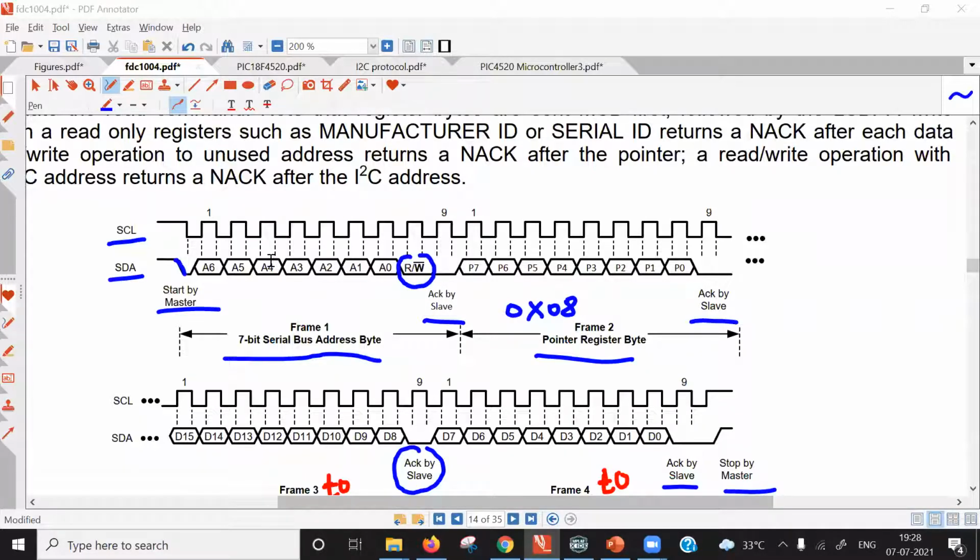In order to select one particular slave device, the address of the slave device must be transmitted, and we cannot transmit 7-bit data. We transmit only 8 bits. And in the subsequent cycles, after transmitting address plus read/write bit, there is also 8-bit data transmission or reception. But in the first write operation, data consists of 8 bits with 7-bit address and RW bit. I hope the question is answered.